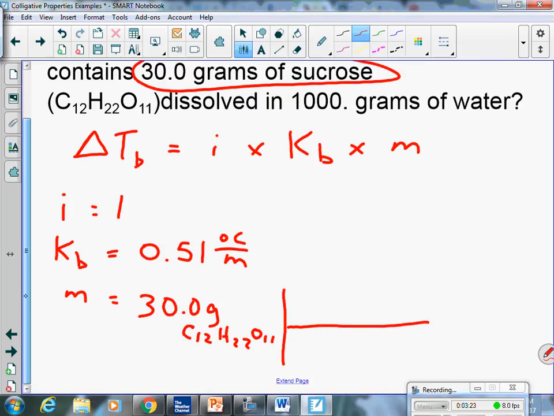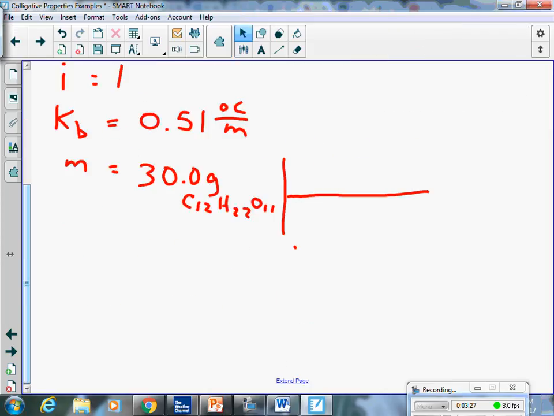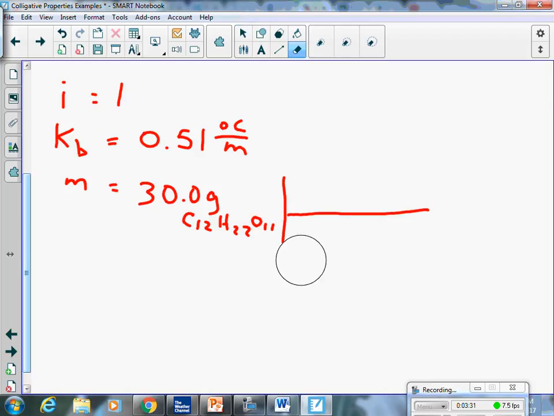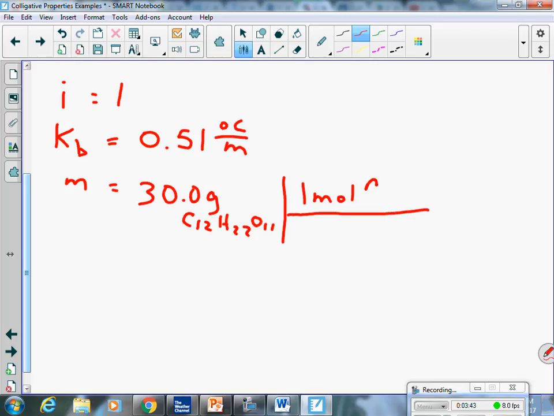That flux capacitor problem is going to take that to moles. So I had to calculate the molar mass, which I've already done. So I know that 1 mole of